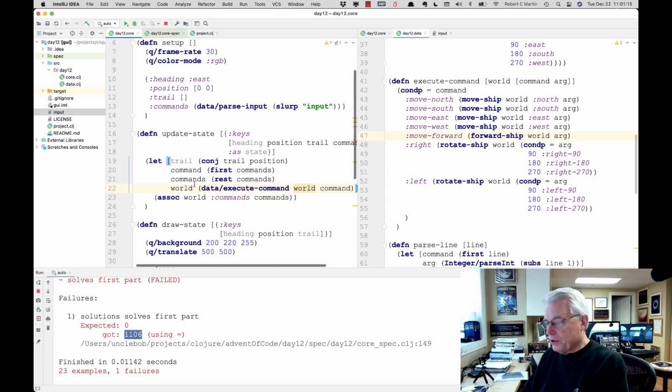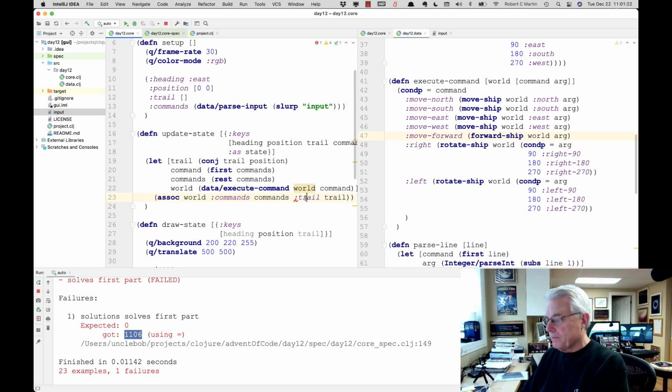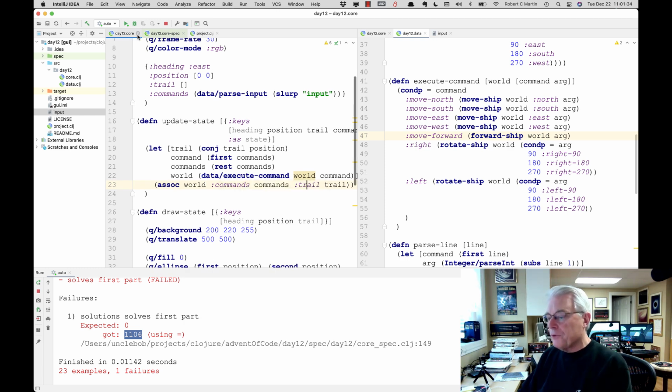And the trail. Yeah, and the trail. Commands and the trail. Good. Okay. So we'll do something with that trail in a minute. We took the command, we took the rest of the commands, we've got all of that. Sure. Now, if I run this, we should see that little